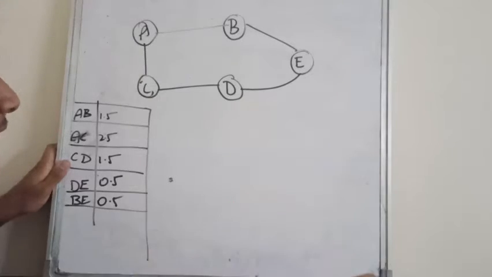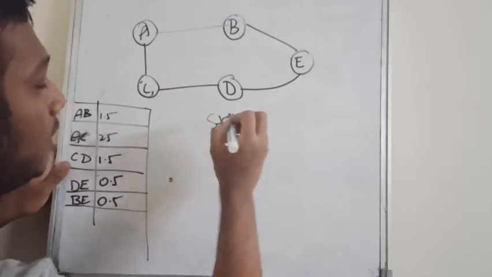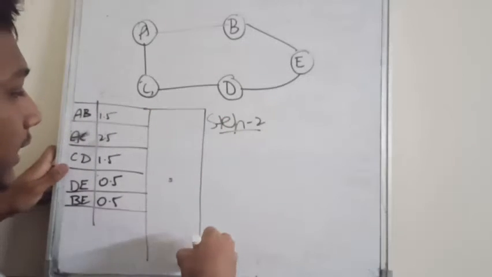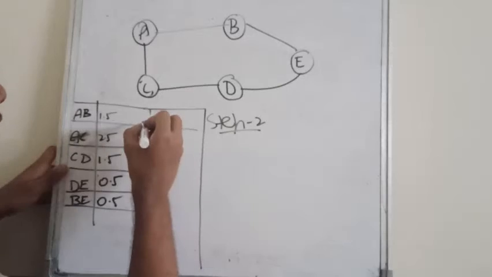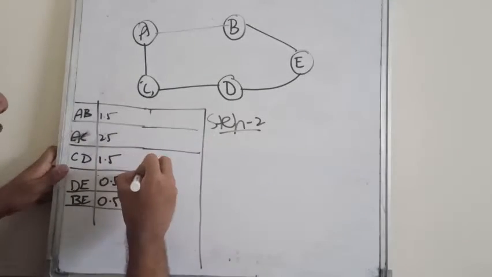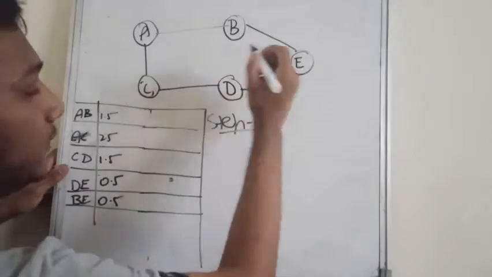Now we'll have to do the same procedure for B. That will make it our step 2. Okay, I'm making this table a little bigger because we'll have to fill it for all the values of all graphs of all nodes. Okay, so now let's do the same thing for B.